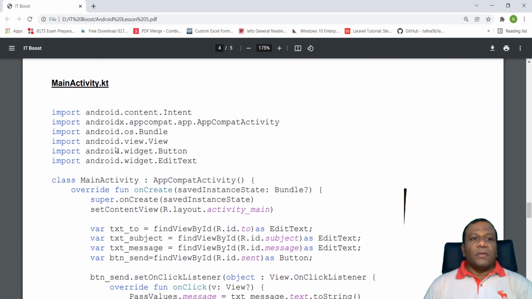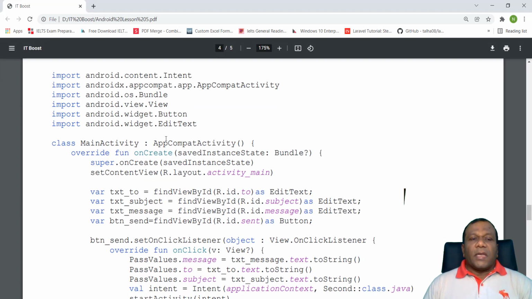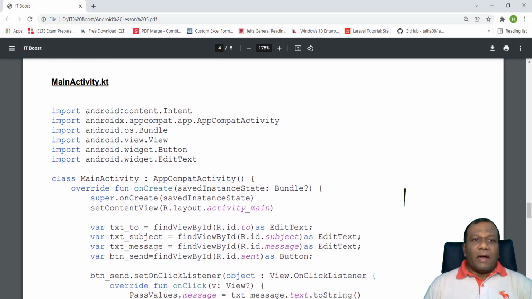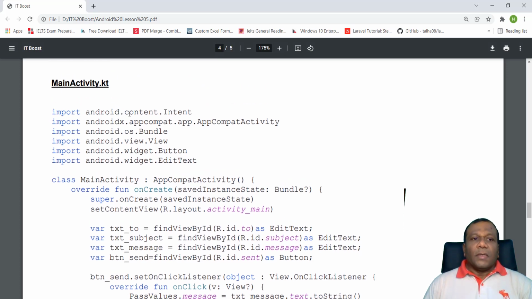Right, now we have to code our main activity Kotlin file. So in our main Kotlin file, we have to import the necessary classes here: content, intent, right? The view, button, and edit text. So we will import those things first.